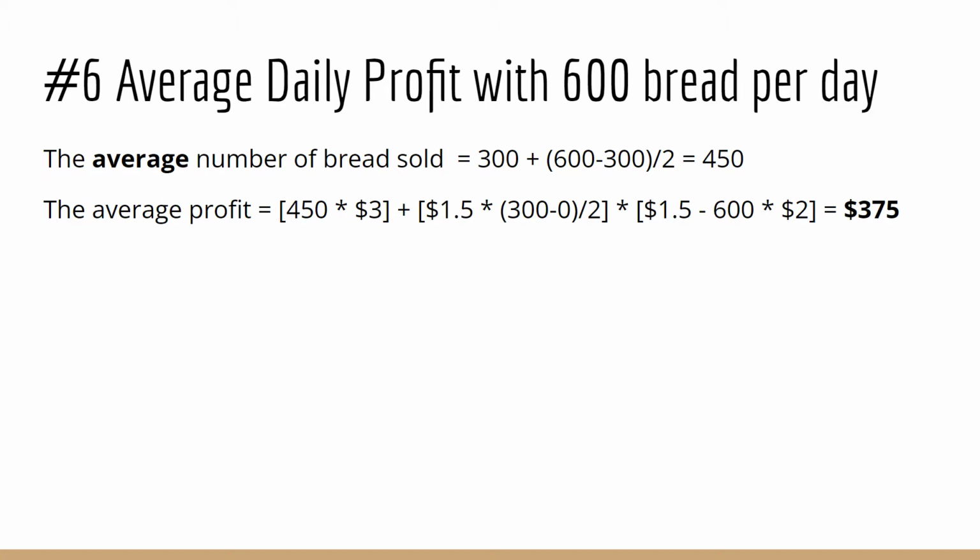And the average profit is 450 times $3, plus for the day old bread, the maximum is 300 and the minimum is 0, so it's 300 minus 0 divided by 2, which is 150 times $1.5, and